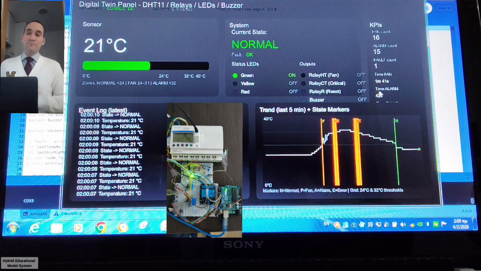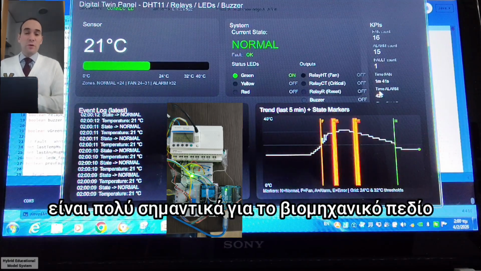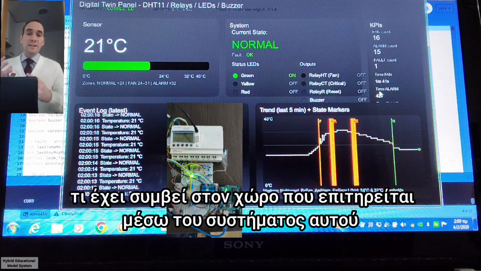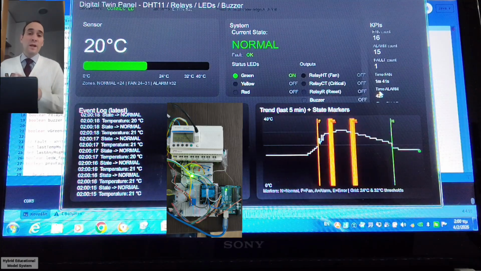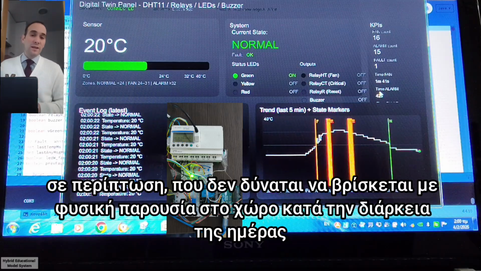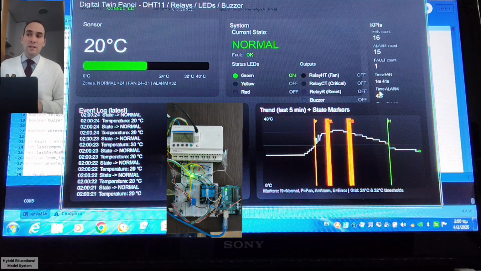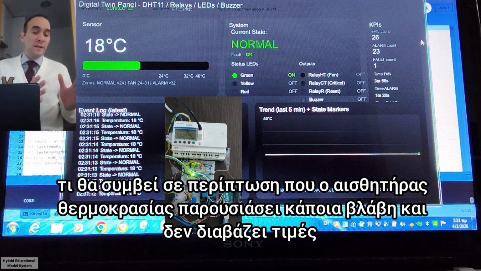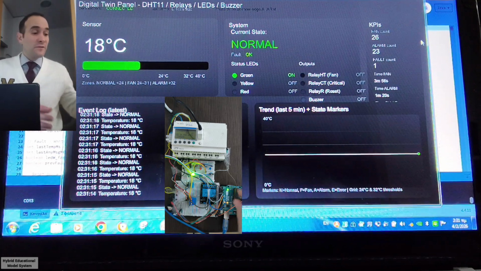All this data is very important for industrial areas, because you can check what happened when the user was away from the specific room where we are monitoring the temperature. And let's see what will happen in the case the temperature sensor doesn't read the values.